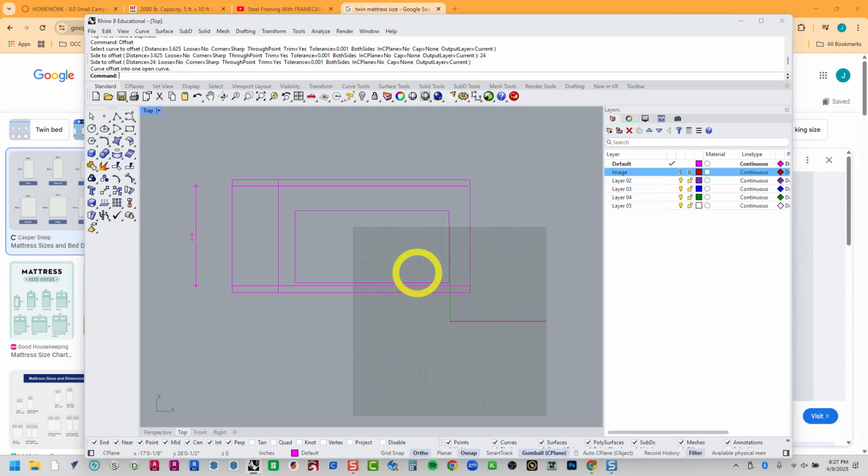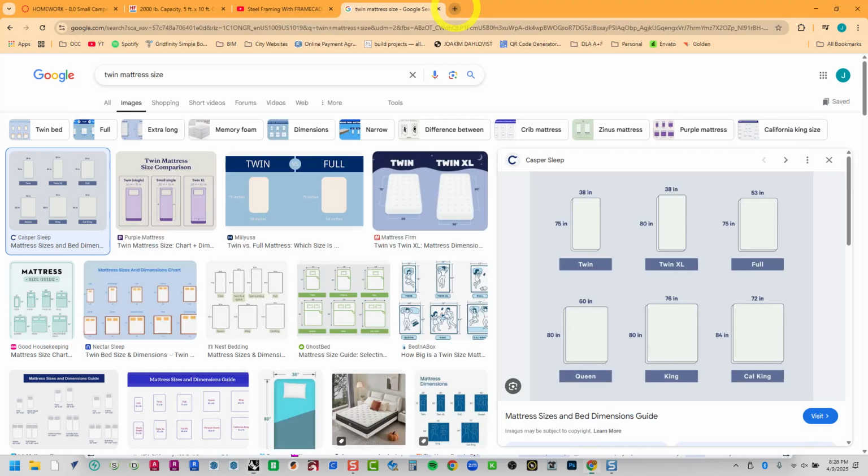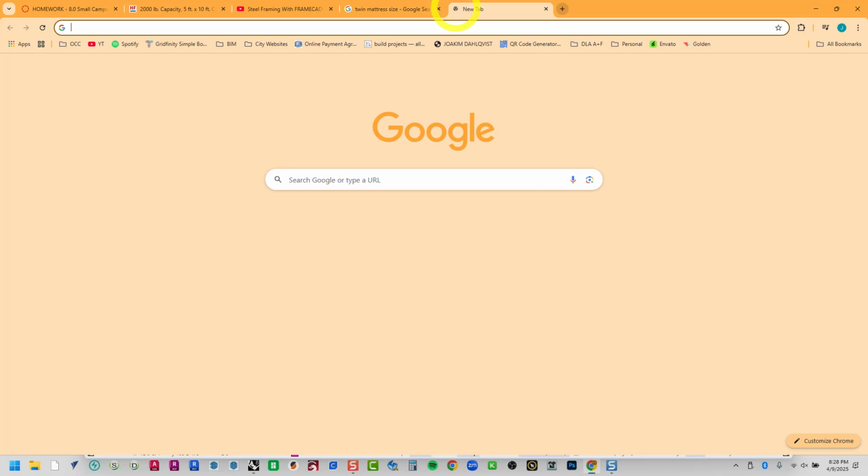Here is one thing too. I forget what it's called, but Simpson Strong-Tie makes a curved track, right? Now, I've never actually incorporated one, but let's see if I can find it. Oh, yeah, that's about it. Now, some of these cold form steel machines can produce this. Not all can, but